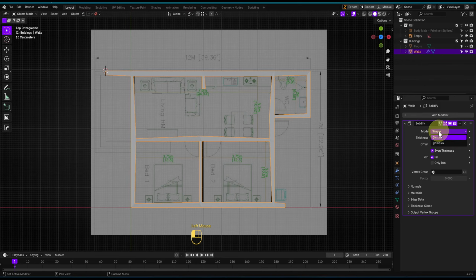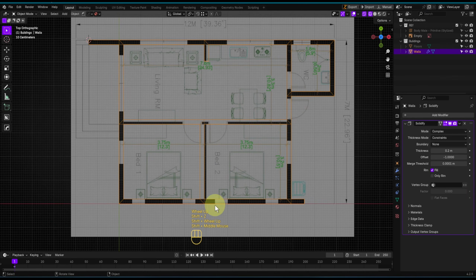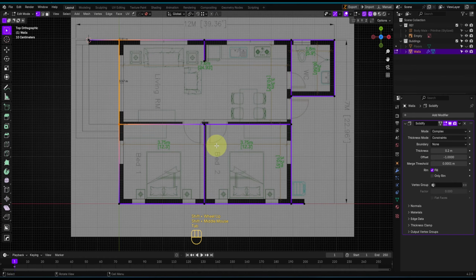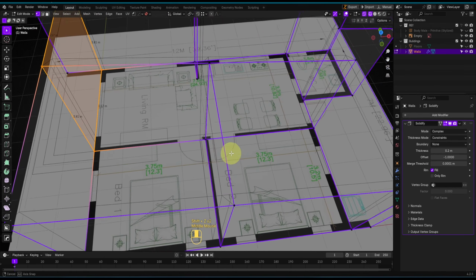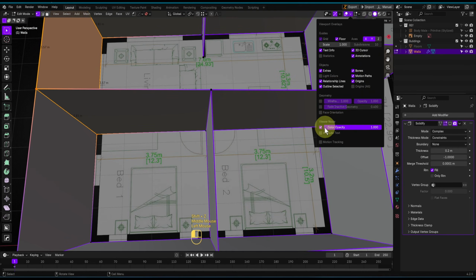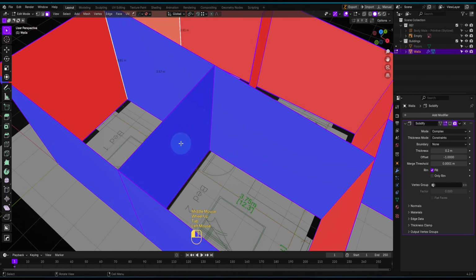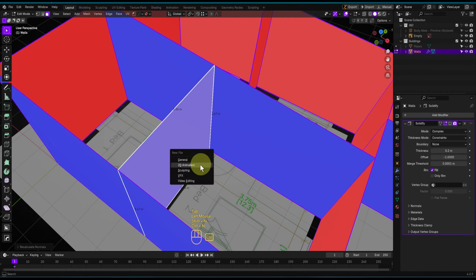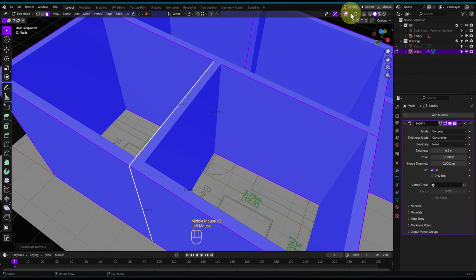So I'll switch from simple to complex. Okay, voila. You can see we're having some weird value here. Oh, I didn't flip this face. Let me check it out again. Yep, I didn't flip the face. Are you seeing it? So I'm going to flip this face. Okay, and then when I turn it on,